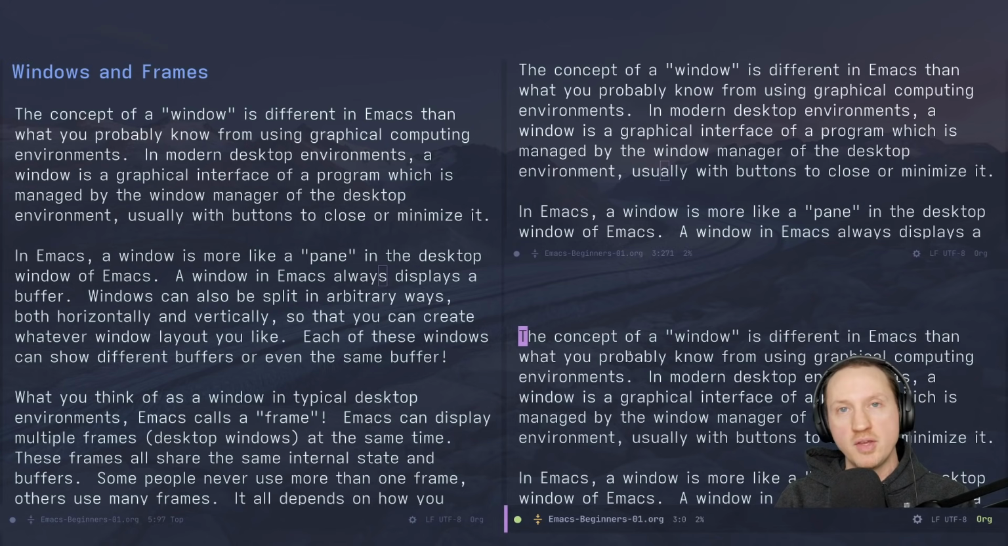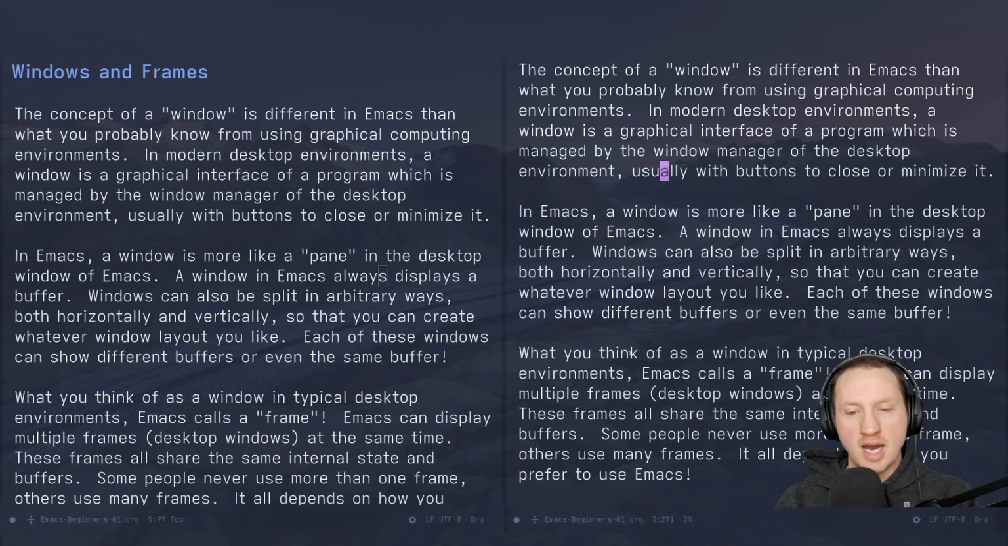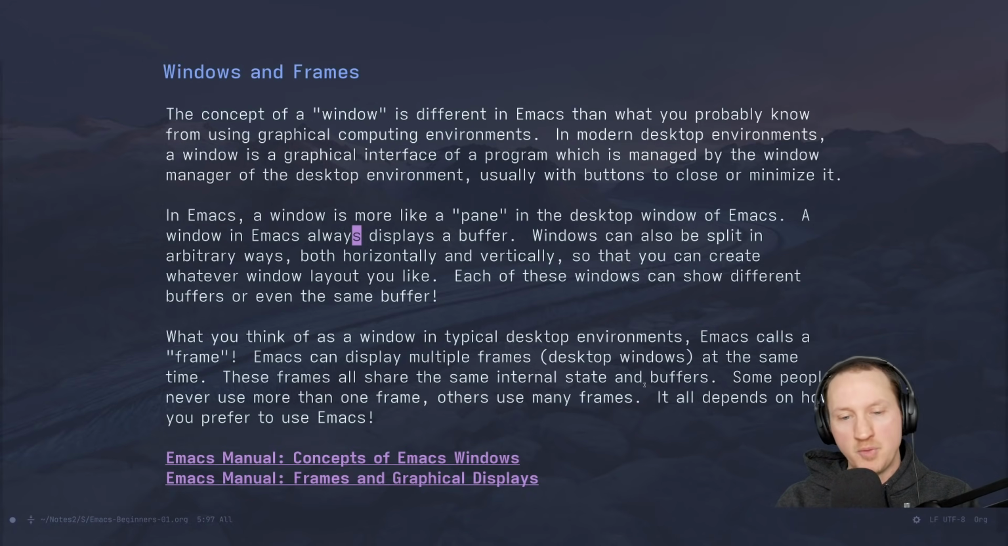So it's a way that you can see the same file side by side, maybe looking at different parts of it, or looking at two different files and comparing them, whatever you want to do. So it's a very useful way to maximize the use of your screen real estate inside of Emacs, and that is windows. Now, what you think of as a window is called a frame in Emacs. So this whole screen that you see right now is one Emacs frame, and it's possible to create multiple